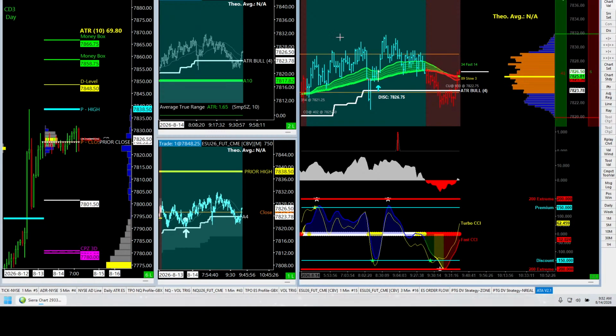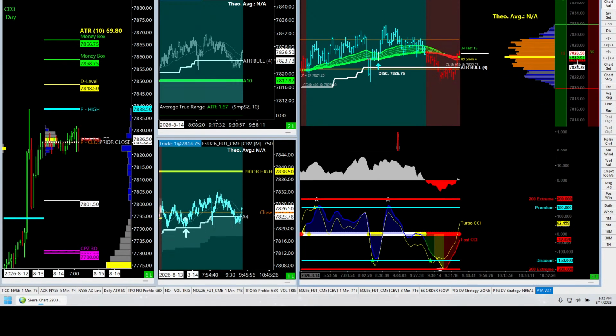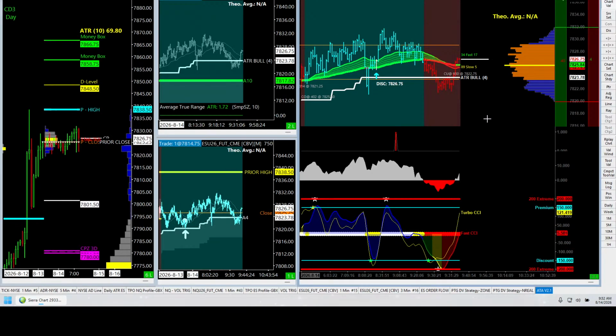So let the market unfold. We'll outline our sandbox. And you can probably see very clearly what our sandbox is so far to start the session, right? It's just, again, a tight area, very well defined, a balanced pattern at the moment.